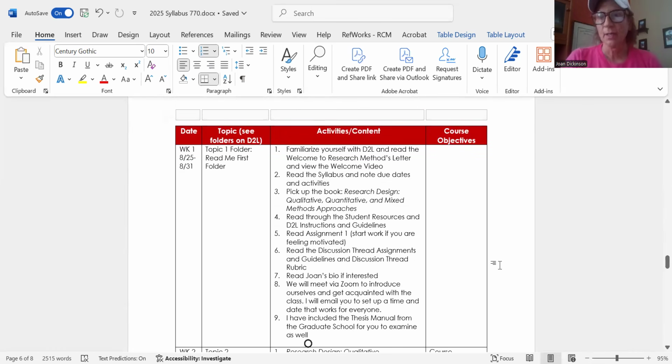This is how I typically organize my class, and you'll also see topic folders that are associated with that particular week. For this first week, I just want you to become familiar with the class. You will need to pick up the book. Make sure you read through the syllabus, note the due dates, and then